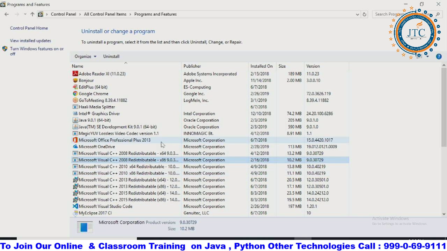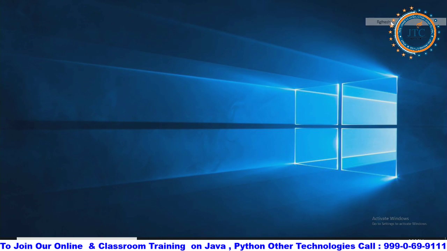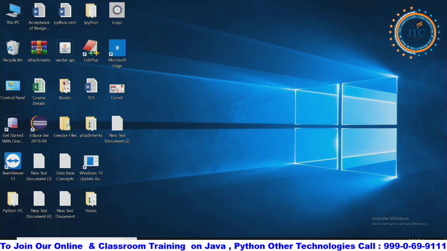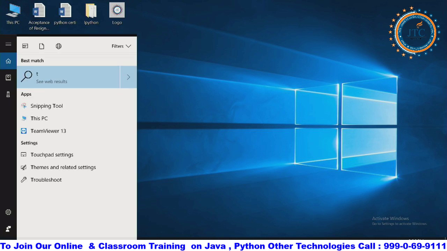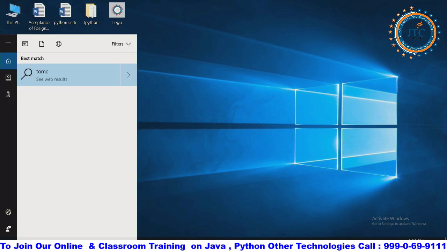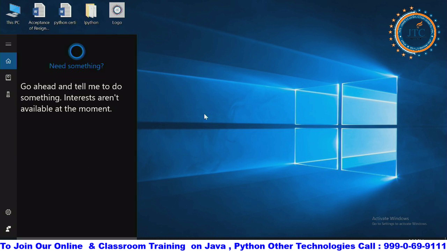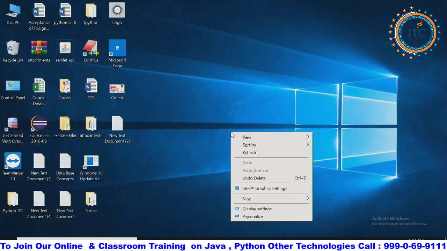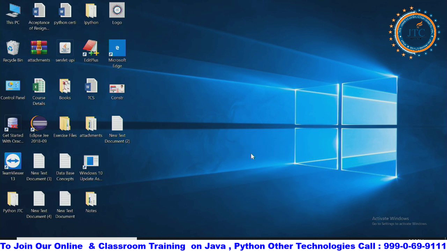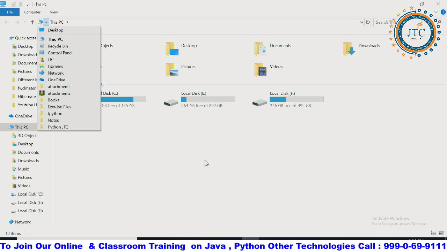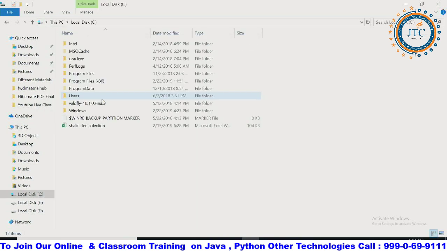I'm just closing it. I have uninstalled the Apache Tomcat from this system. I have uninstalled the Apache Tomcat here. See. Now we don't have it. Now the very first thing, what exactly I want to do here is, in this case now,